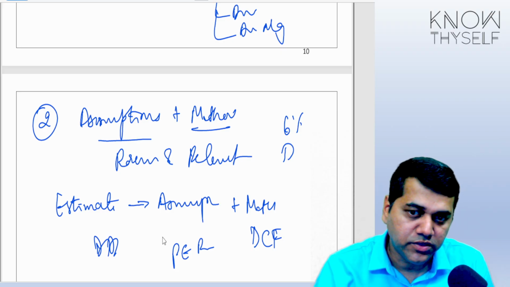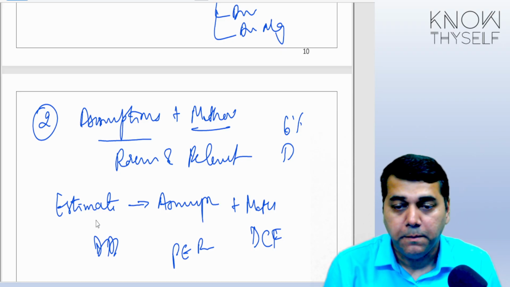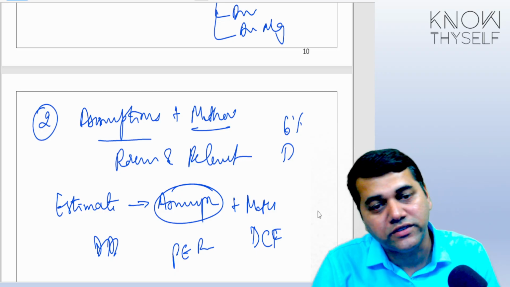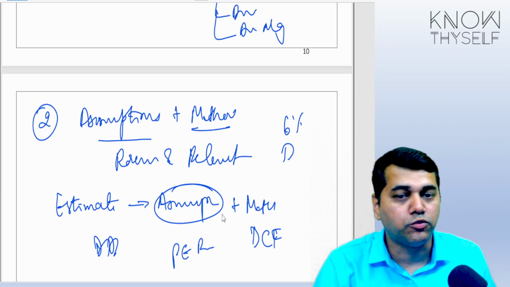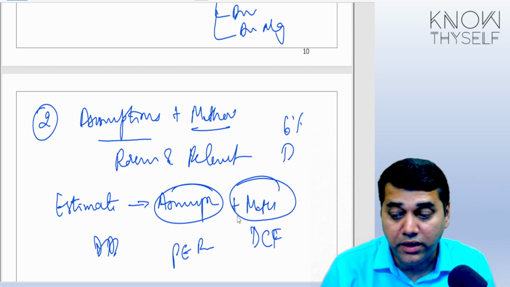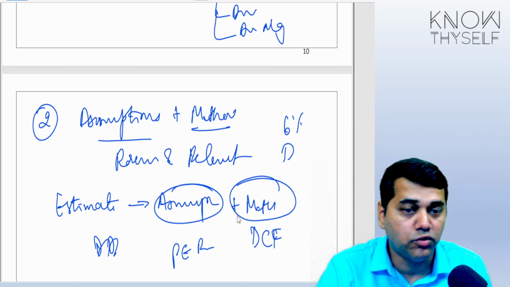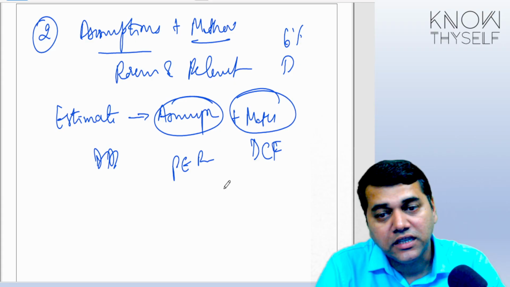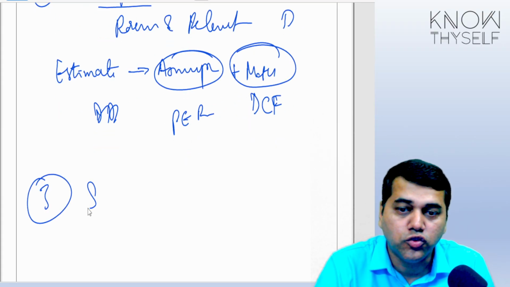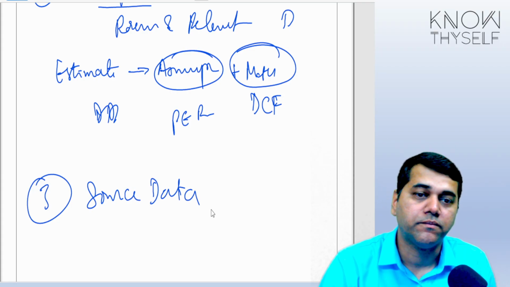Now the question comes, first of all, their findings are reasonable and relevant. Okay. But the assumptions they have taken to do these calculations to get this output, or the methods they have used, are they relevant to my financial reporting framework, and are they reasonable? This is what they need to understand. And the third element they need to understand is source data. On which data did they base that opinion?